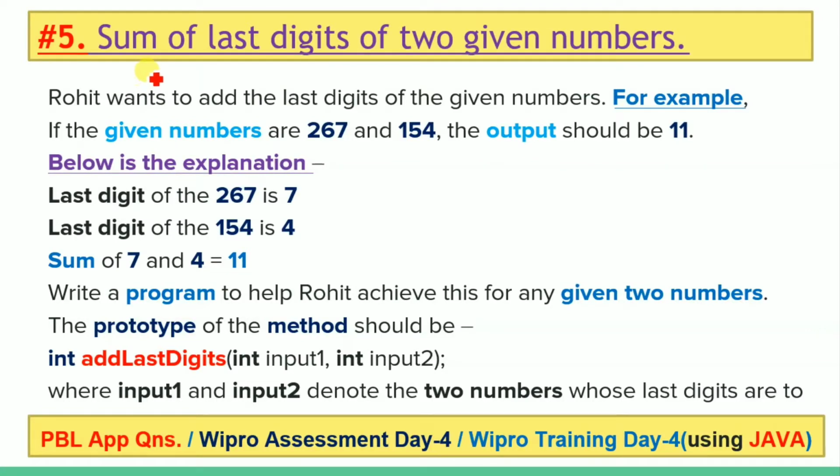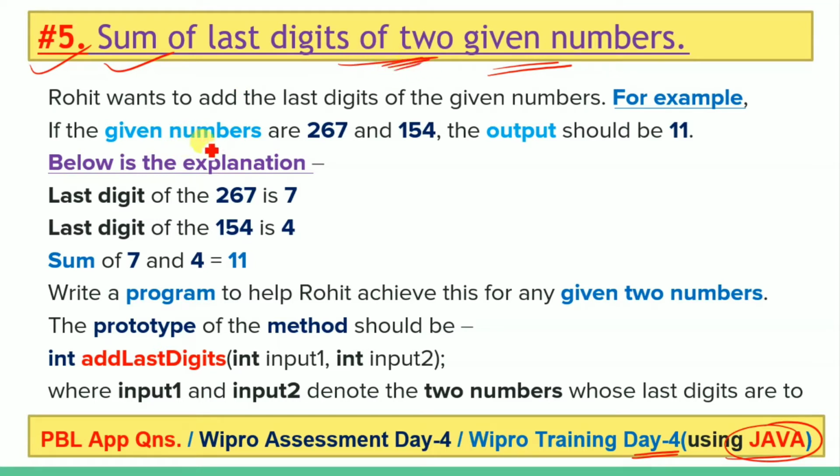Hello friends, today we are going to discuss the fifth or last question of day 4 using Java. So, the question is to find the sum of last digits of two given numbers. Here we have to write a function or method that will find the sum of last digits of two given